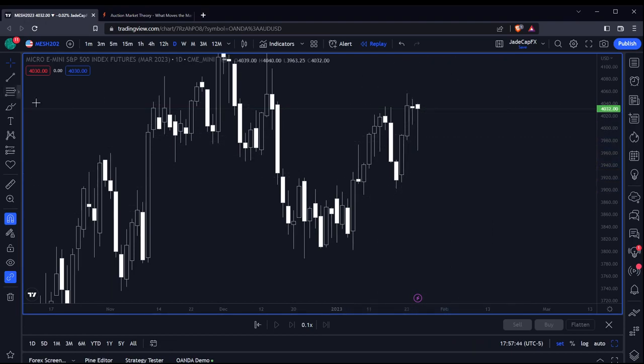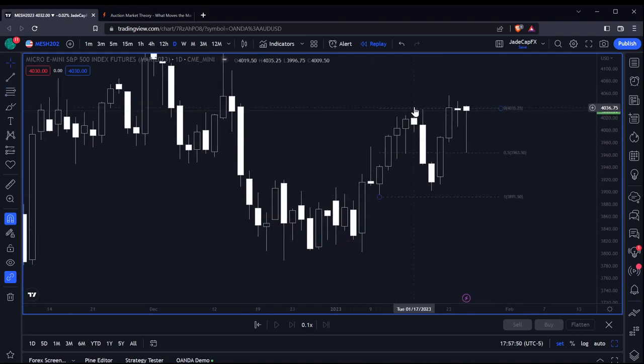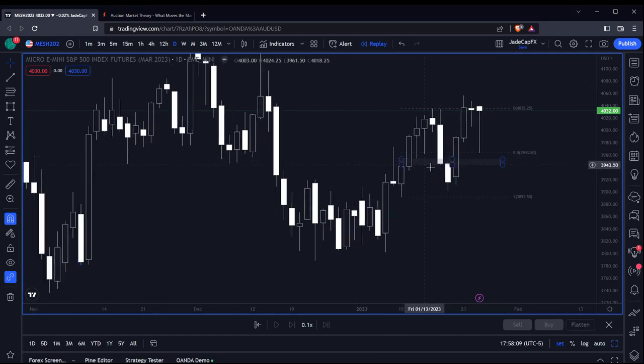So this setup last week was very similar. We had a run. This is the buy side imbalance to a discount. We have some level of discount in here. So these are inside of here. These are the imbalances that we need to look for. And then on a lower time frame, there are possibly setups in here that are respecting those levels.